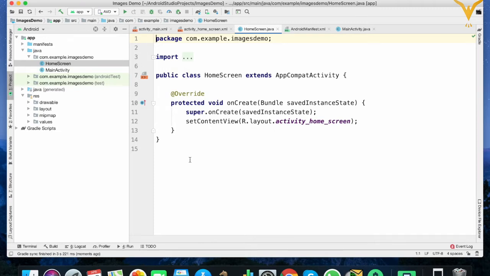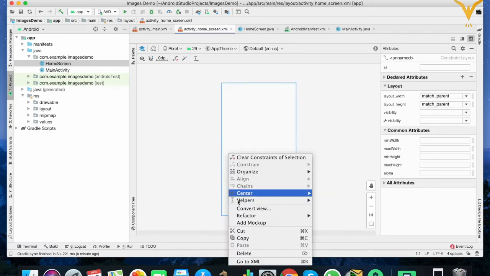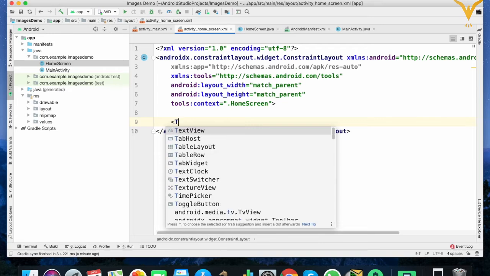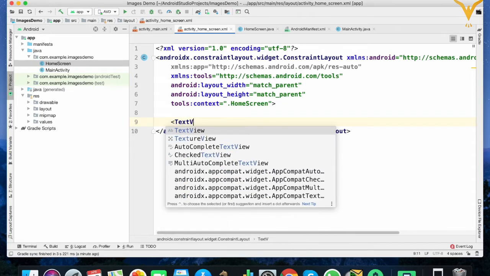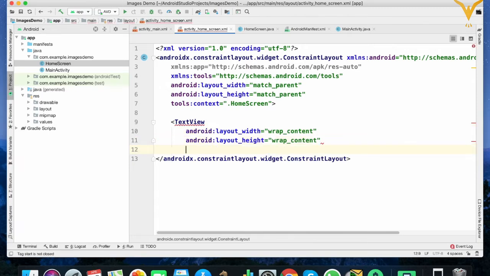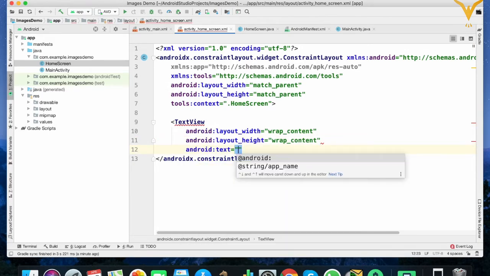So our job is to open this home screen activity after 2 seconds when we open the application. So this will be our home screen. Let's add one text view so that you can get this activity as a home screen.